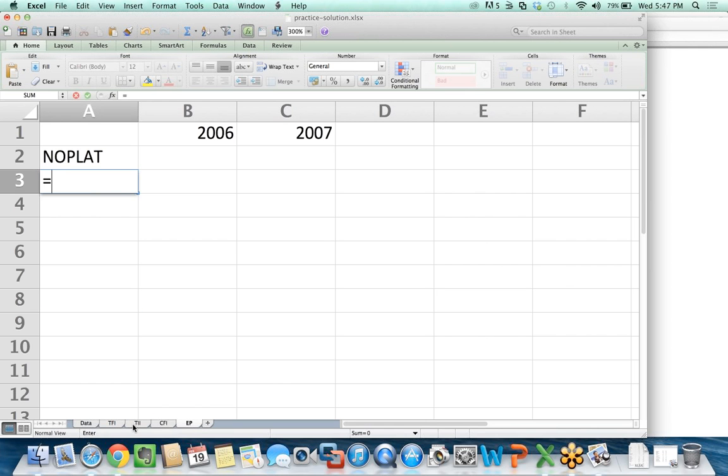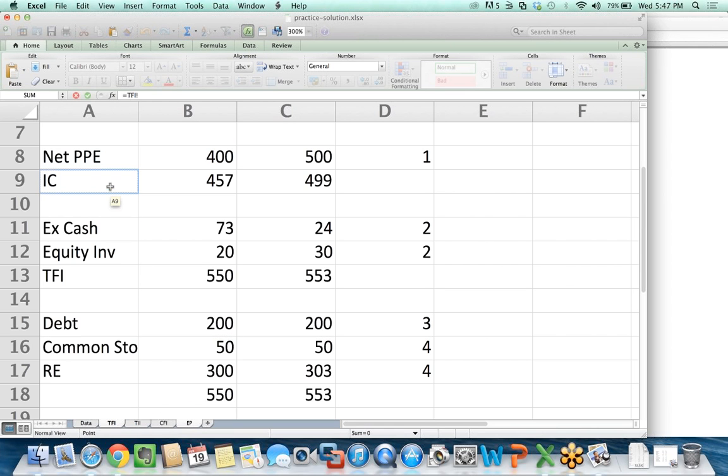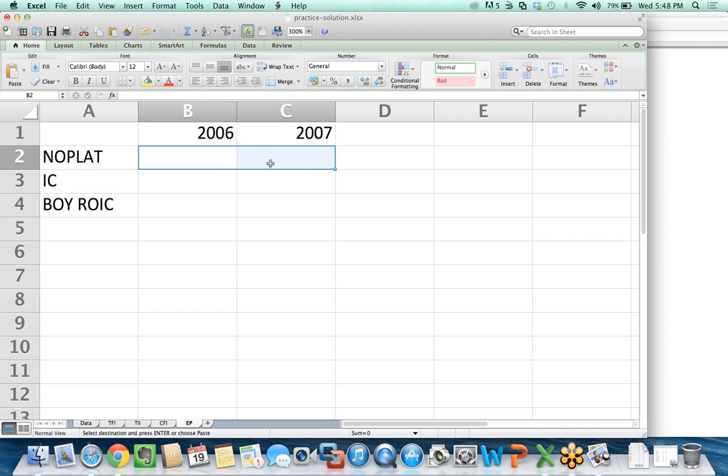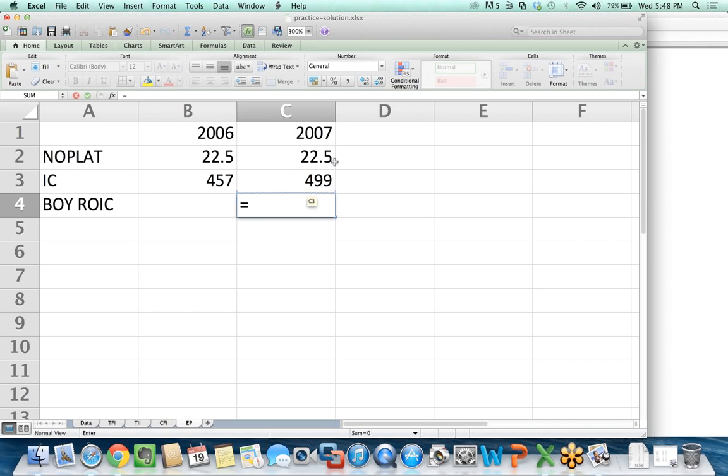And then I would start out with my invested capital. And if I did a beginning-of-year ROIC, it would be my 2007 NOPLAT divided by my 2006 invested capital, and that would be the ROIC of about